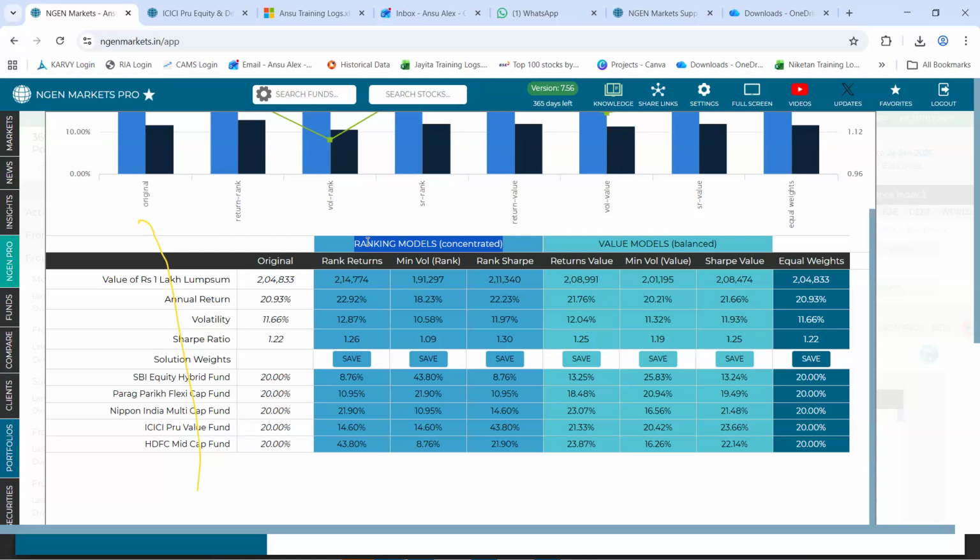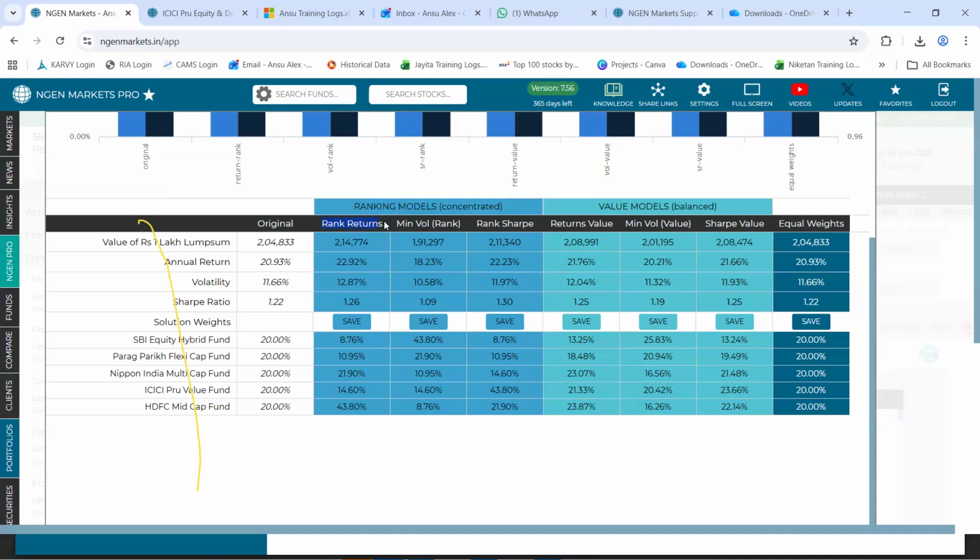Let's try to understand rank returns. As the name suggests, we are focused on maximizing the returns irrespective of the volatility. So you could see a return of 20.9 could have been a return of 22.9. However, the volatility has also increased.